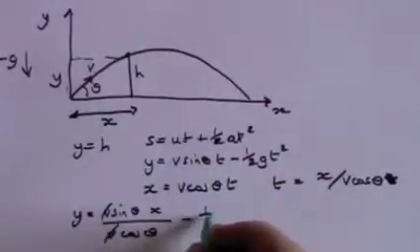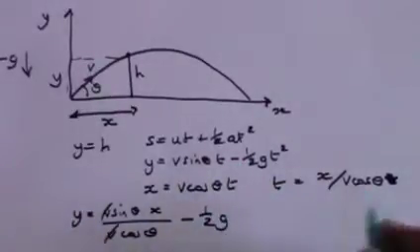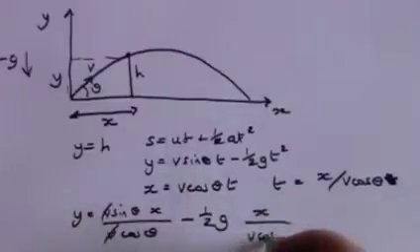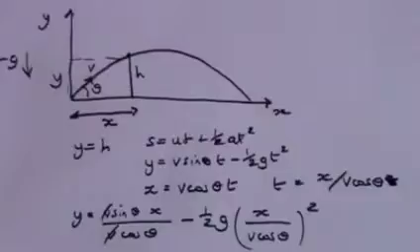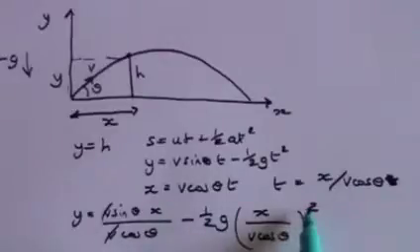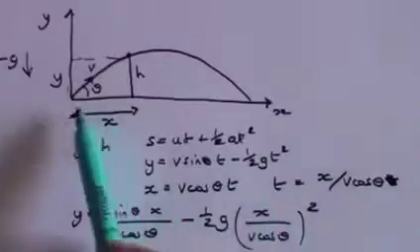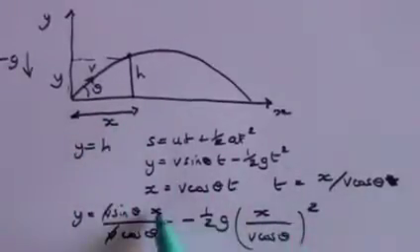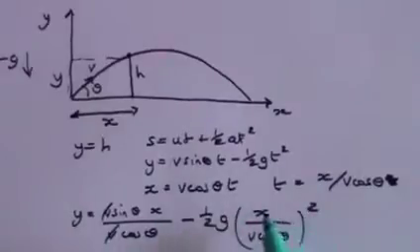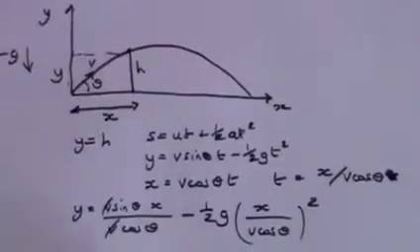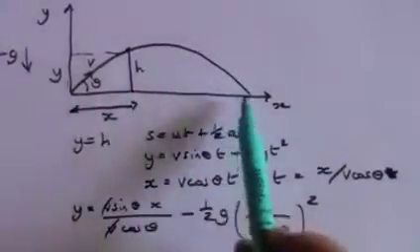Minus half gt squared, so minus a half g times t, which is x over v cosine theta, all squared. And that formula is essentially y equals a constant times x squared, right, because g, v cosine theta, sine theta, cosine theta, they're all constants. X is the variable, so y equals a constant times x squared plus a constant times x, and that is the shape of a parabola. So this is showing parabolic